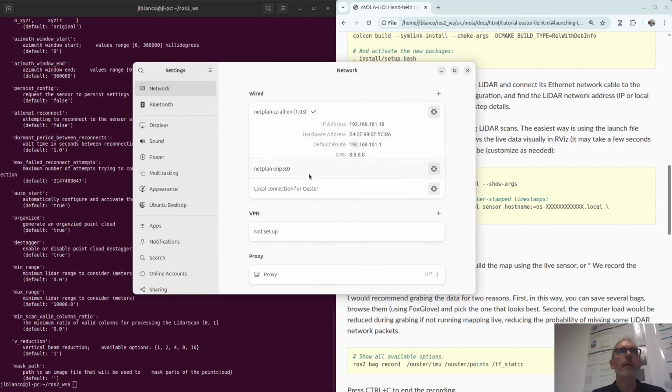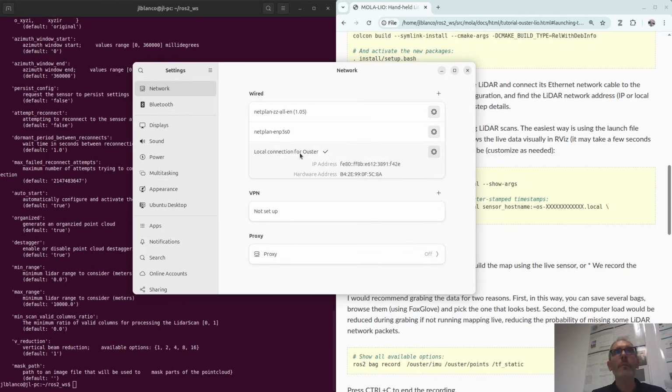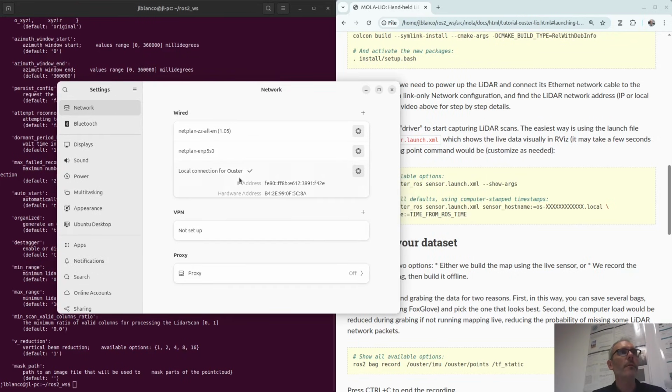Okay, so link local only connection. It is created. Now you have to enable that. From this moment on, you don't have internet connection, if that was the only Ethernet, the only network interface in your computer. If you have many, you still would have internet connection. But now you can talk with the LiDAR.